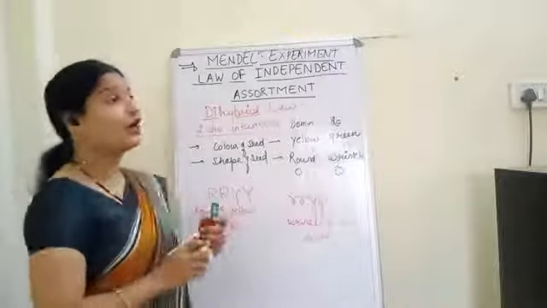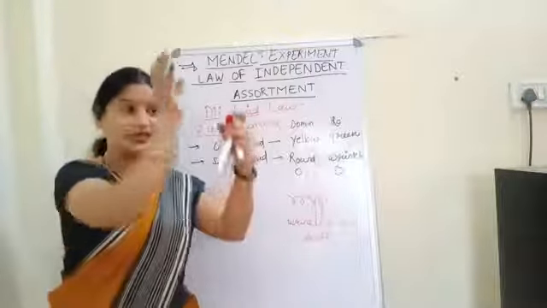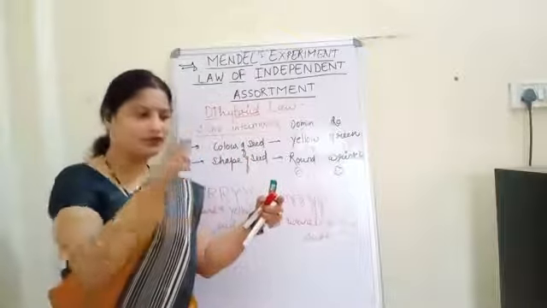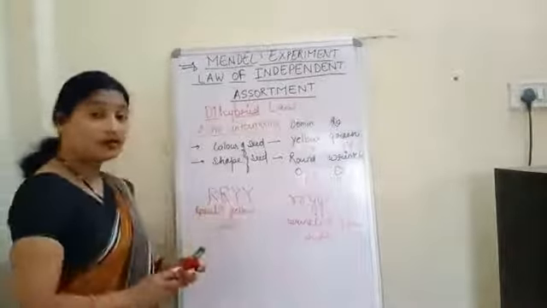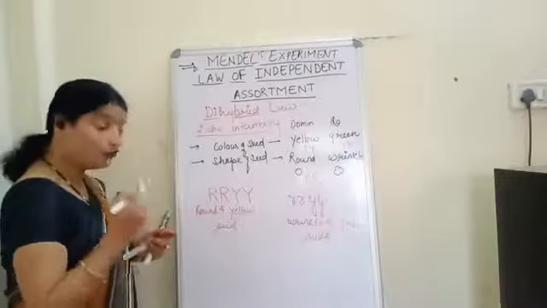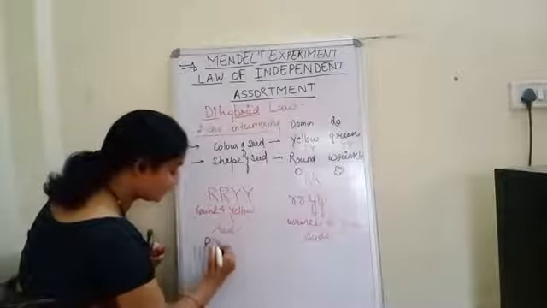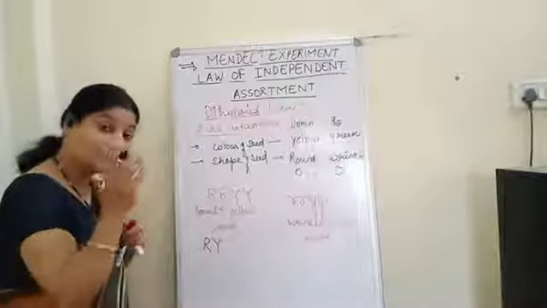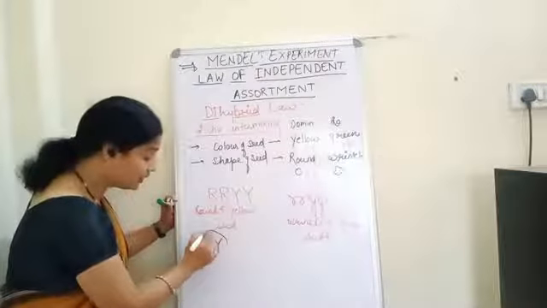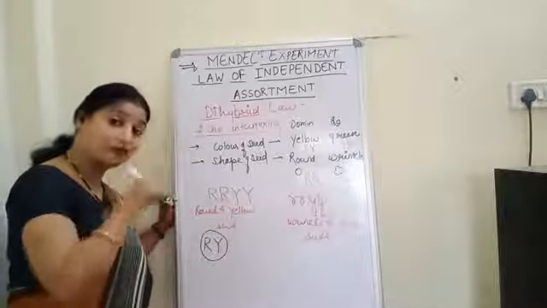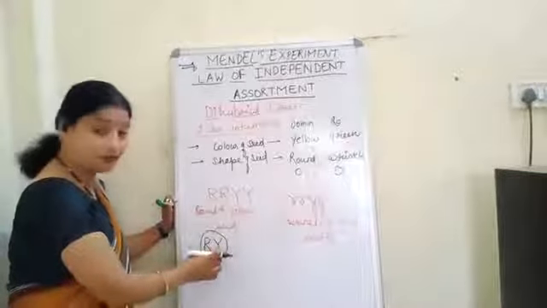Now he prepared the gametes. When it was monohybrid, students, it was very easy to prepare the gametes. Capital T, and after separation we wrote one capital T this side and the other to the other side. Now what will we write down? We will write down round seeds of yellow color. We can write the gametes. Now what will be the situation of the gamete? Round and yellow. The gametes will contain one allele of round and one allele of yellow. That is, the gene will be RY.